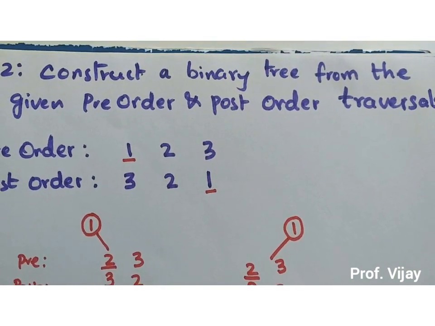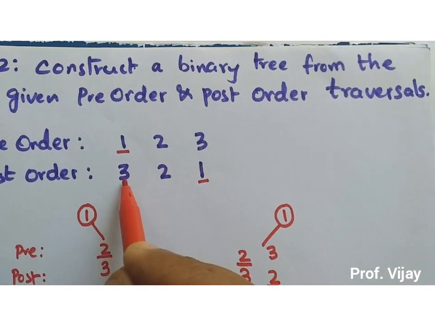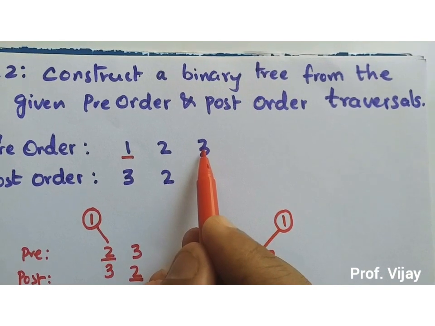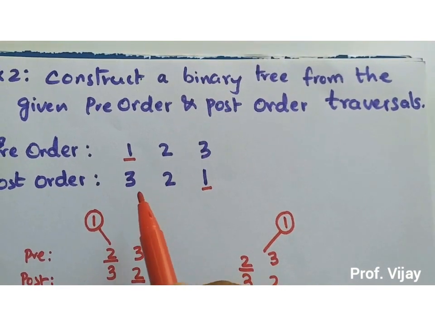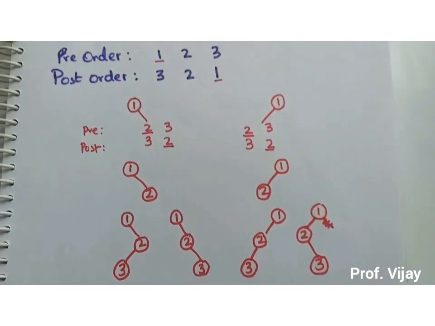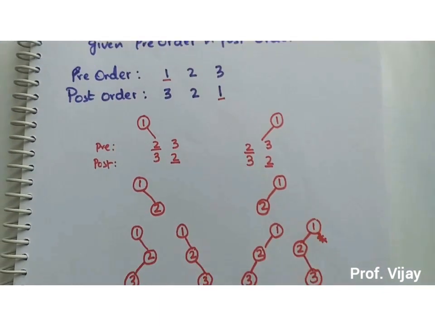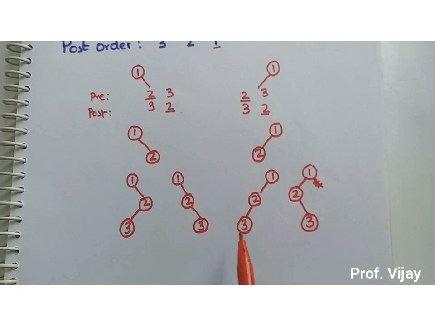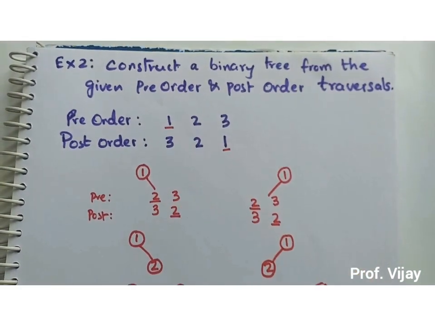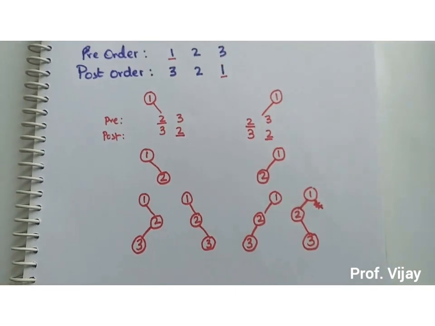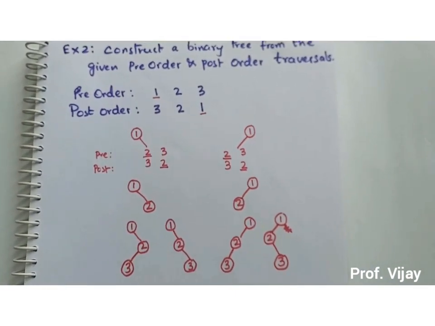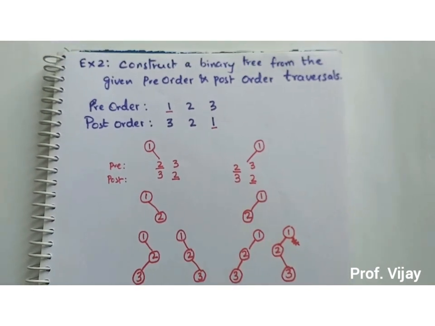Right. If we try to apply the third case, what happens? Both are not null. 2 one side and here it is 3. So that is violation. In the TR in pre-order 3, 2, that is violation. So we got the 4 binary trees for the given pre-order and post-order. So any one of these four will give you this pre-order and post-order. You can also cross-check by applying the pre-order traversal and post-order traversal for any of these four.